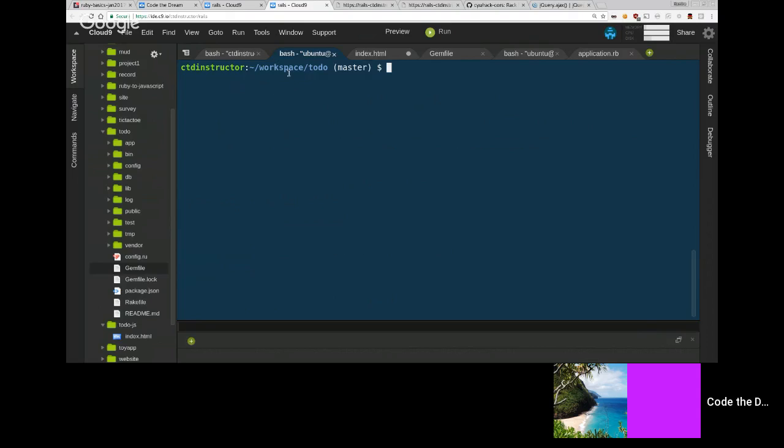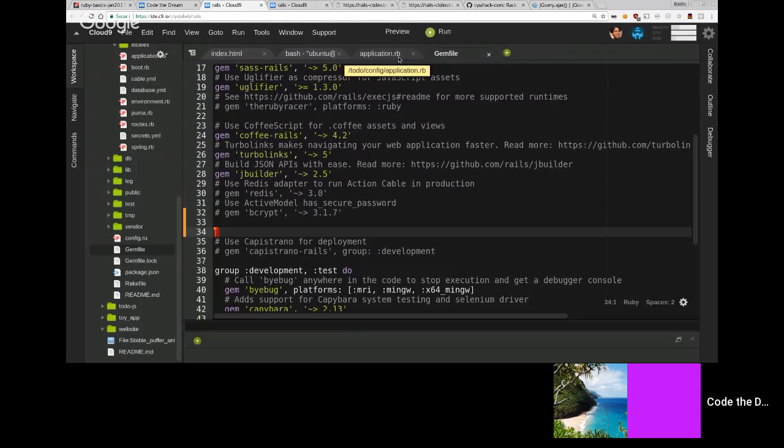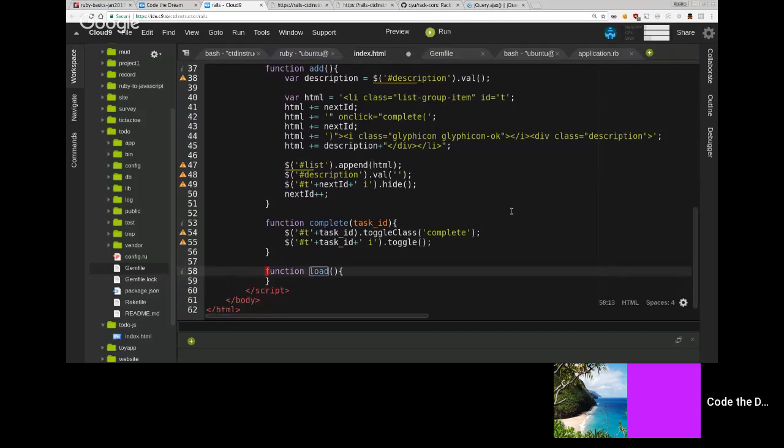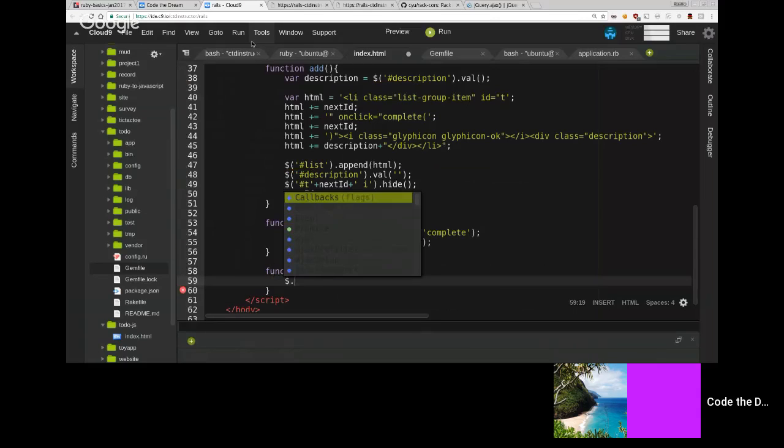Right? All right. Okay, so now I'm gonna start my Rails server, rails s -b with the IP. The port was 8081, right? Okay. So now I'm gonna continue my load function, right? What we're gonna do here is use the jQuery AJAX method. So $ dot